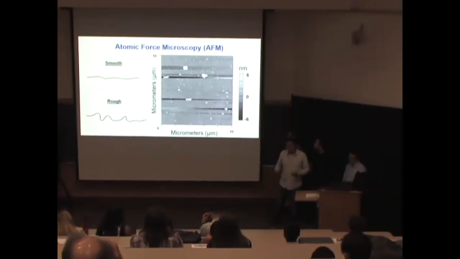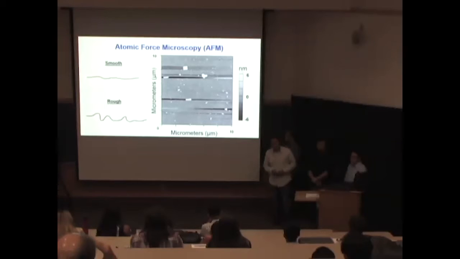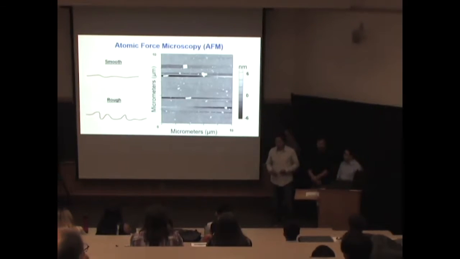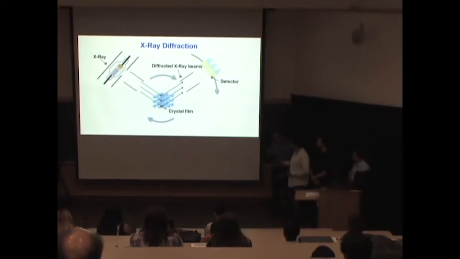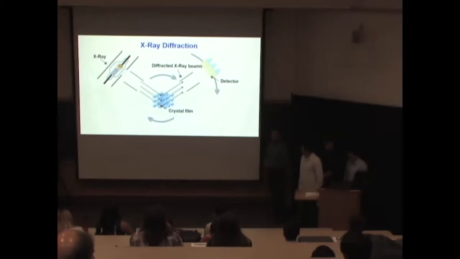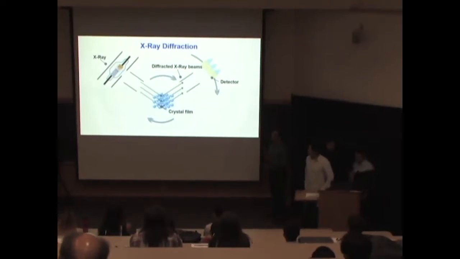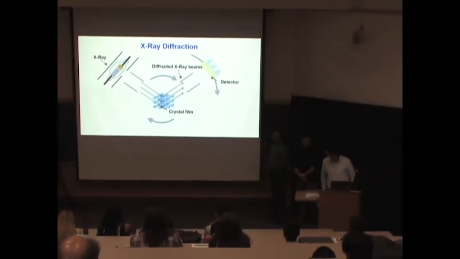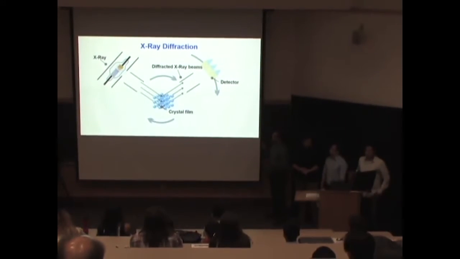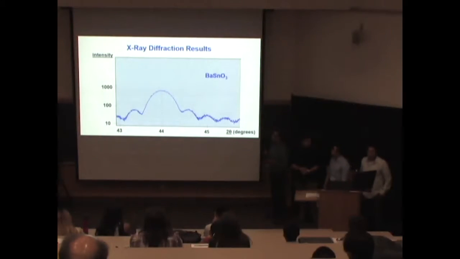So after we have grown our thin film using MBE, we wanted to test the surface quality of it using atomic force microscopy, or AFM for short. The way this machine works, it has 3 main components. First is a cantilever with a sharp tip at the end. We shine a laser on top of this tip, and then it gets deflected into a photosensitive diode. Now, as it scans across the surface, this cantilever gets deflected at bumps. Any halos or valleys that it picks up change the deflection of the laser, and it's picked up by the photosensitive diode. And in the end, we will get an image that looks like that.